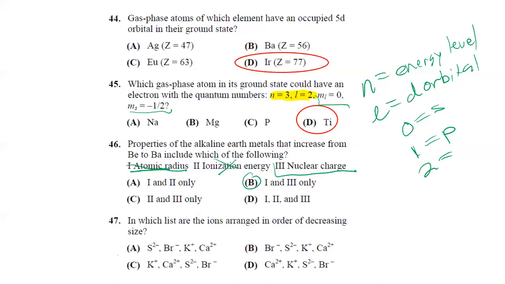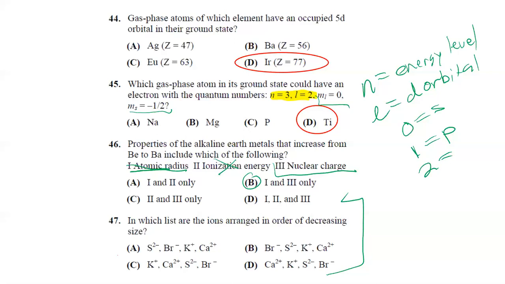Now, whenever you see these things with the ions and you're arranging them, we've had a couple different questions like this even in our own class. So this is an important thing for us to be able to do. What do you guys notice about all of our options that we're presented with here? They're all ions. And so we have to take into account what our ions do